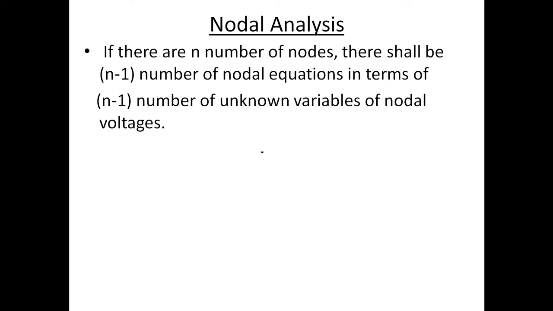Basically, in nodal analysis, we use a node. A node consists of two or three branches, that is called a node. So in nodal analysis, we take a node and then we assign the currents, that is I1, I2, I3, and by applying KVL we can find out the remaining equation.